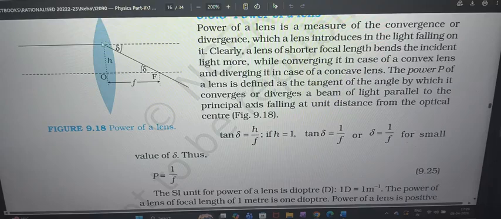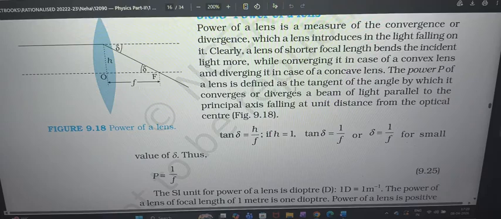No, if it is far away, it will just be like that. But if it's nearby, then focal length will reduce, then more bending will happen. That means more power. So whenever you want more power for lenses, take a shorter focal length, while converging in case of a convex lens and diverging for a concave lens. For a convex lens it will converge more, for a concave lens it will diverge more if you take a shorter focal length, when the principal focus is going to be more nearby.